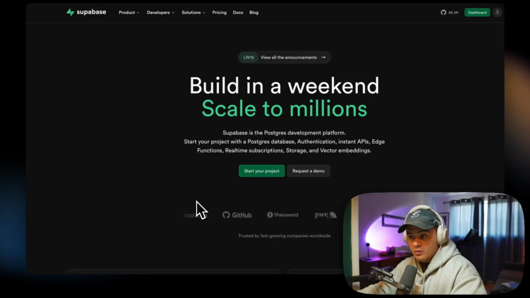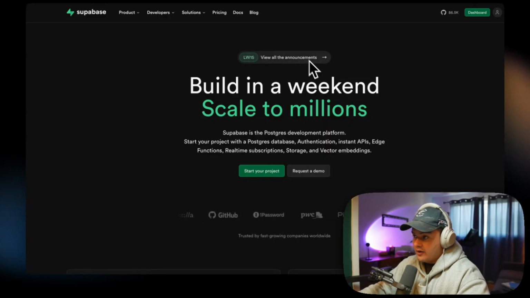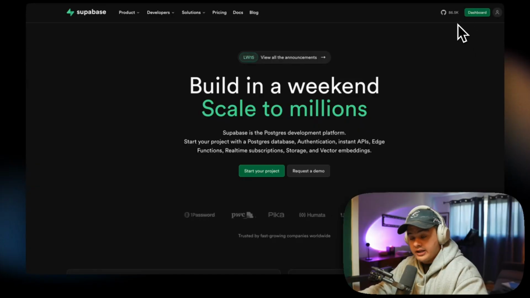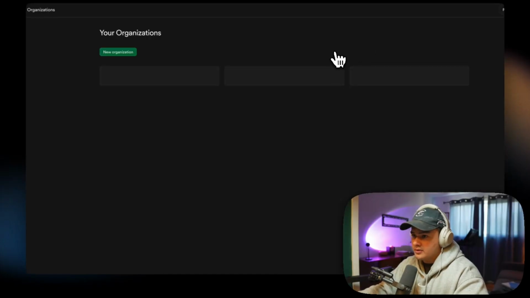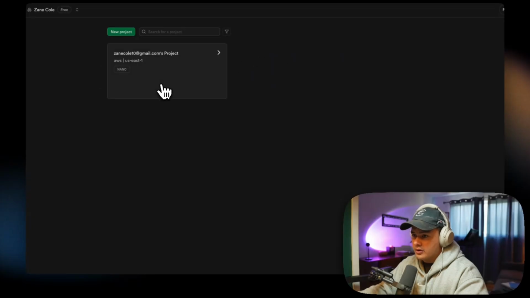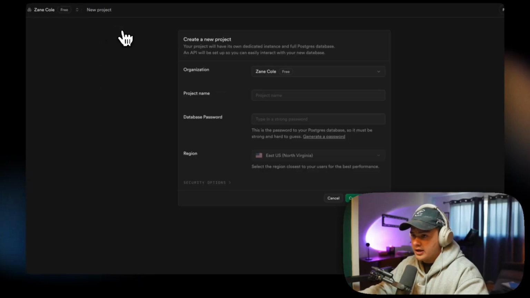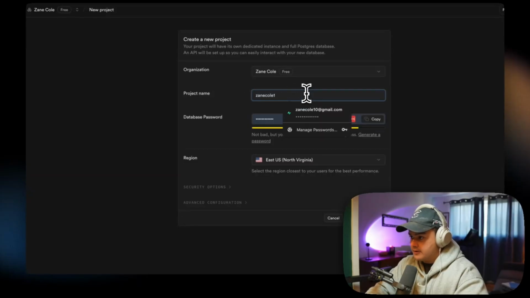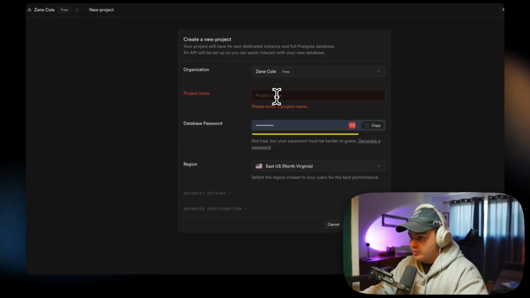Okay, so now while we're waiting for Claude to do its thing, let's go ahead and create a Supabase account. So this is our database where we're going to be storing all of our user data, and they have a free account to start. And so once you have an account, we're going to go to the dashboard. I'm going to go into my organization, and I'm just going to create a new project. Project name, for some reason LastPass is filling in my credentials here. So I'm just going to put